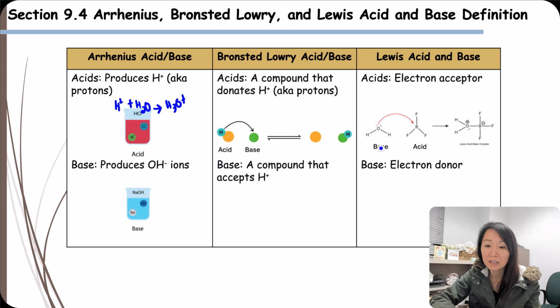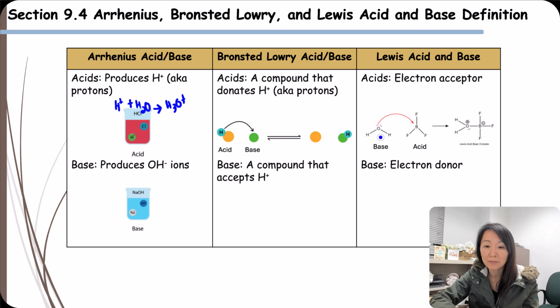So if you look at this right here, this water and BF3, this B is going to accept the electron from the oxygen, and you see how there's an arrow showing that there's going to be a bond, and there is that covalent bond sharing of the electrons because the acid has accepted those electrons,